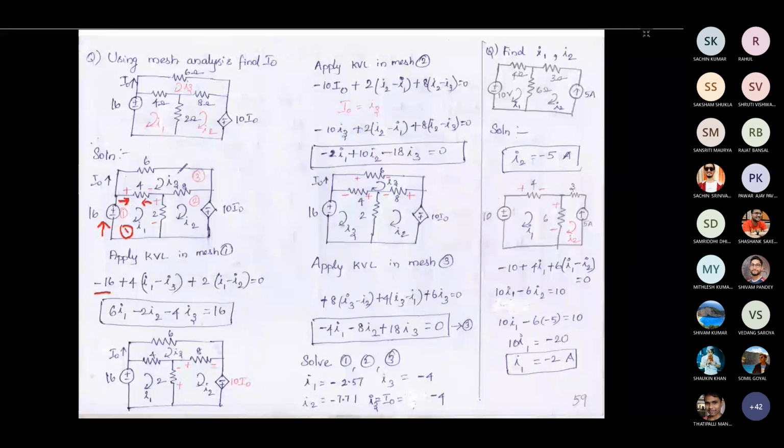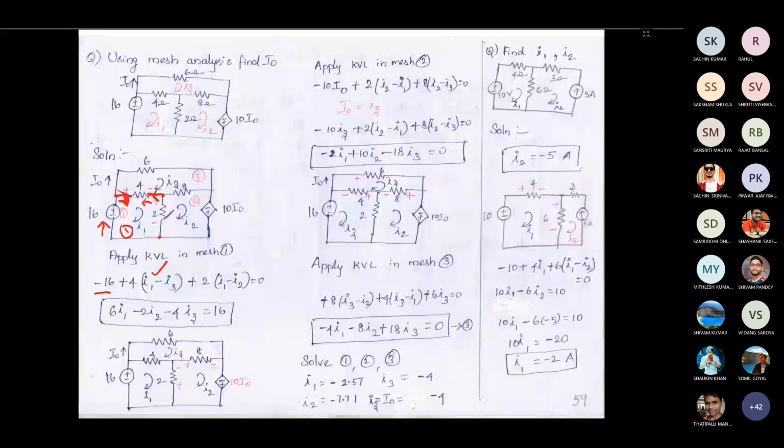So here only the resultant current can flow. Since we are seeing it from mesh 1, we can consider mesh 1 as the higher magnitude current. So I1 minus I3, and then your current direction will be in this direction. Then for this resistor, this is a 2 ohm resistor. For this 2 ohm resistor, two currents are coming. For this particular mesh, one current is like this and the other current is like this for this particular 4 ohm resistor.